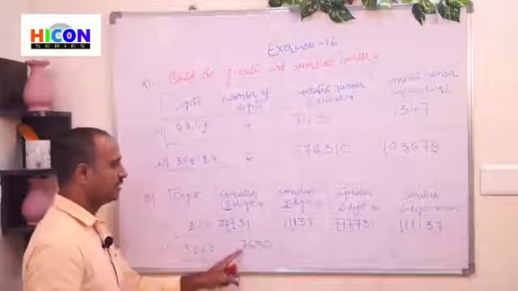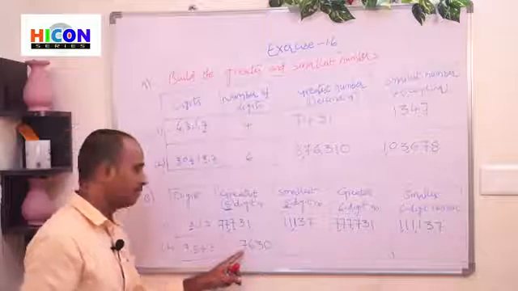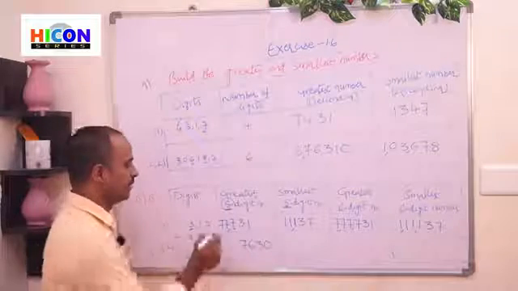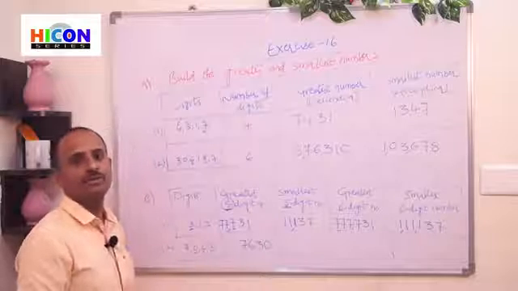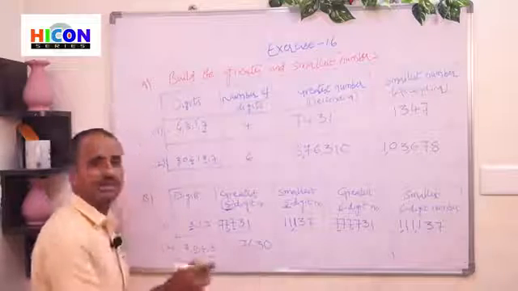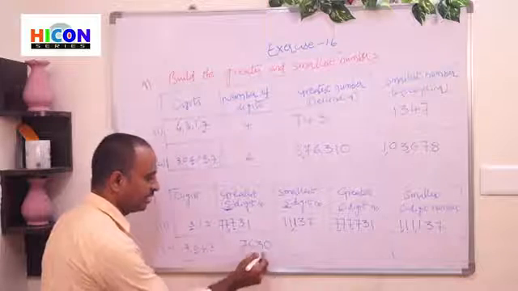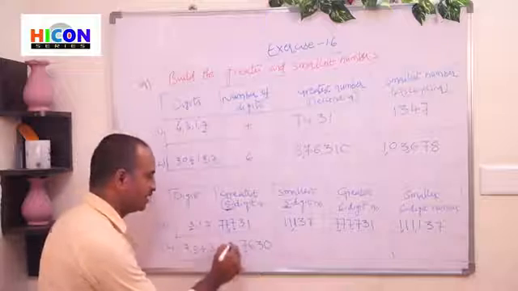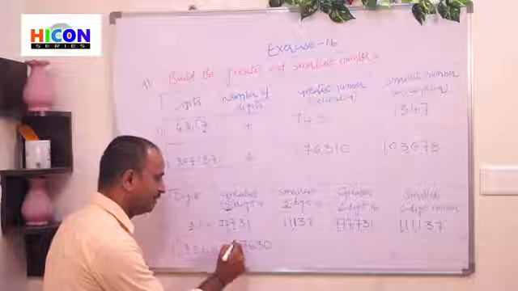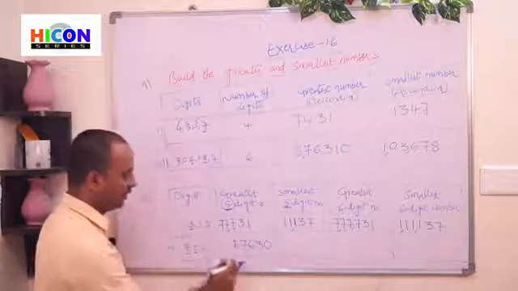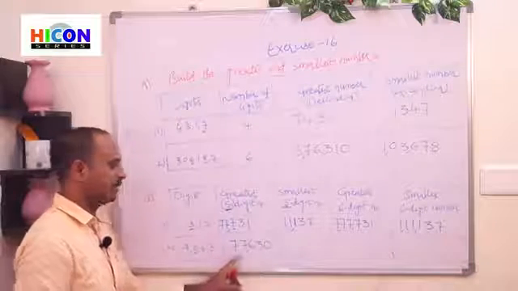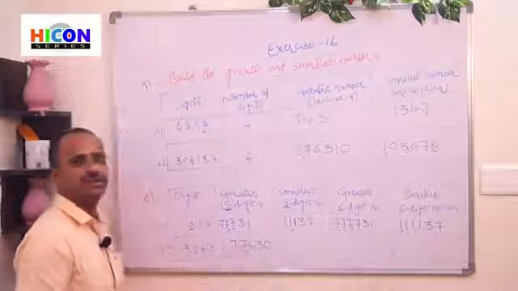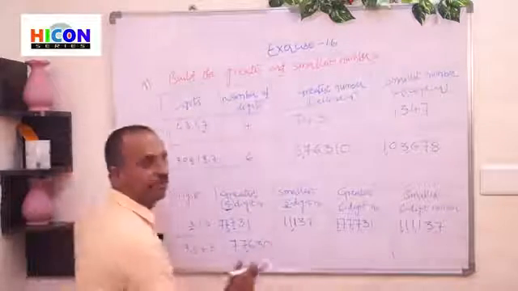So children, this is the greatest number, but it is a 4-digit number. But we require a 5-digit number. That means we require 1 digit more. So repeat the greatest digit one time at its left side. Among these 4 digits, 7 is the greatest digit. So repeat the digit 7 one time. Now it becomes a 5-digit number and it is the greatest 5-digit number, 77,630.